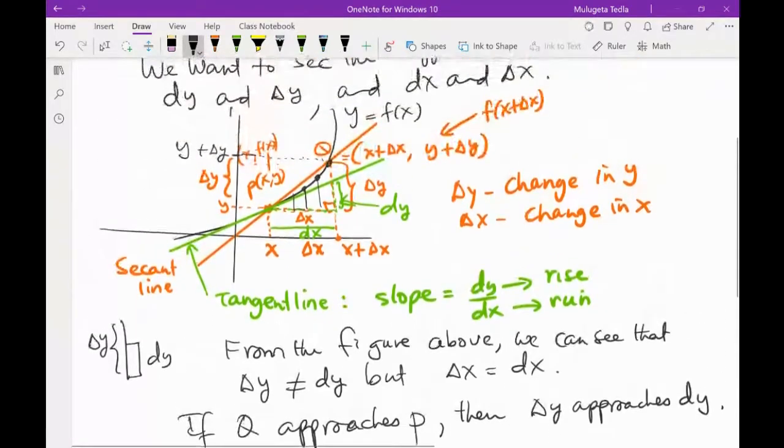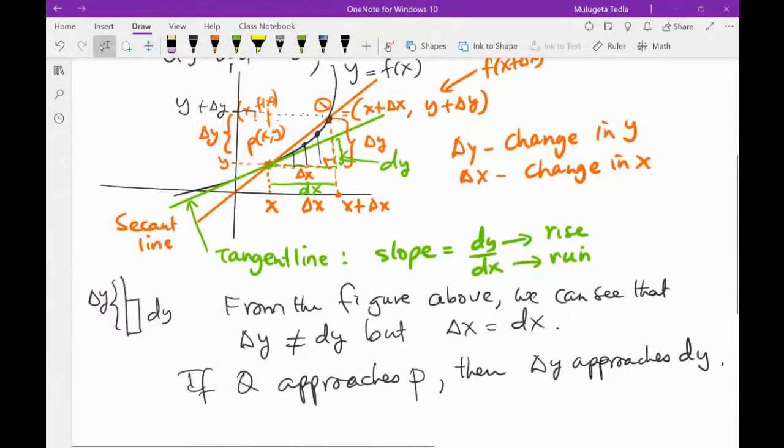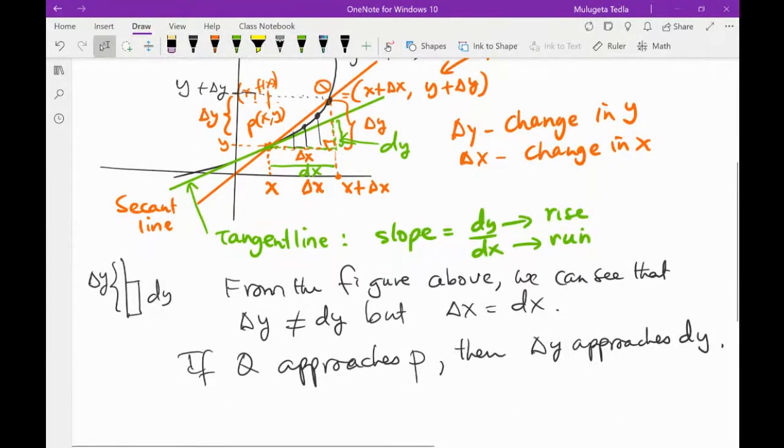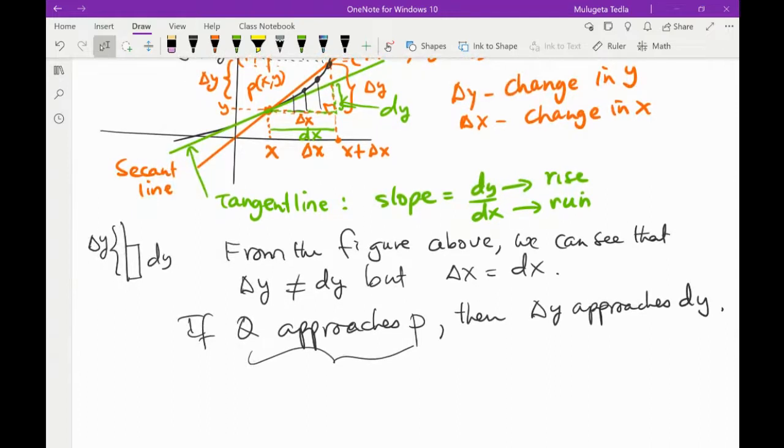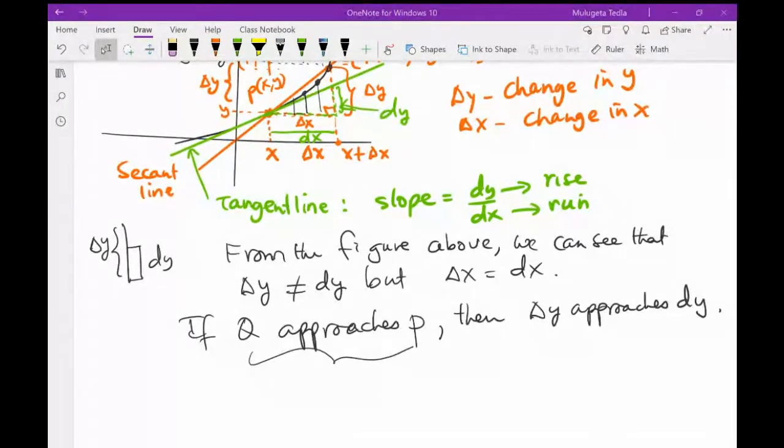So it's used for approximation purposes. When this is happening, when is Q approaching P? When that happens? When what happens? Q approaches P if